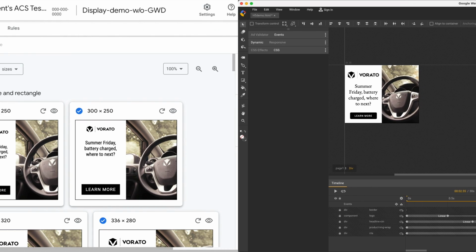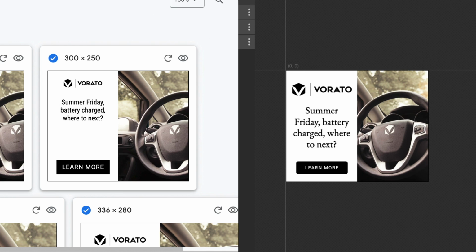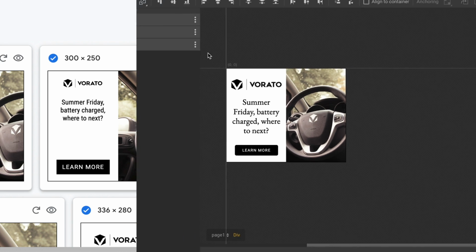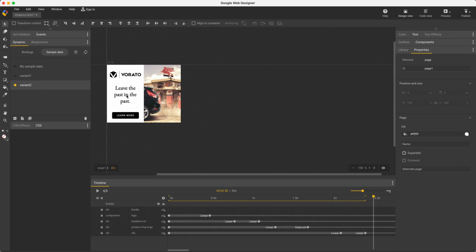Compare this to the ACS results on the left after adding all my same content to that template. In GWD, I have a bigger logo, different fonts, and a restyled CTA. I can also control the portion of my image shown, in this case centering the steering wheel. My next variant shows how I've used Flexbox to vertically center the headline automatically for any amount of text since I've removed the subheadline. All these changes are fully supported and easy in GWD.